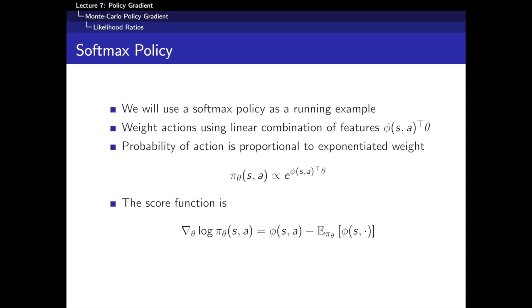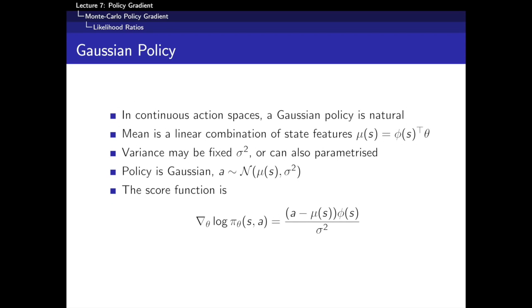Okay, so this is the softmax policy. I just want to give one more example of a policy, which is the Gaussian policy. In a continuous action space, like the example here, the commonest policy to use is a Gaussian policy. And what do we do with a Gaussian policy? Well, we basically just parameterize the mean of this Gaussian, and then you have some randomness around that mean, some variance around that mean, that says most of the time I'm going to take this mean action,